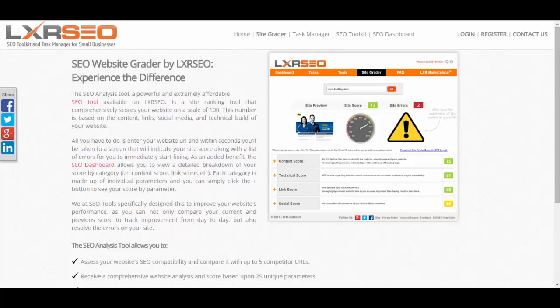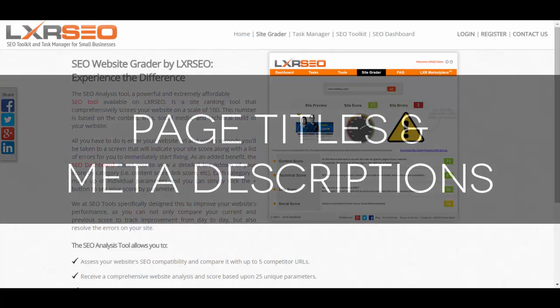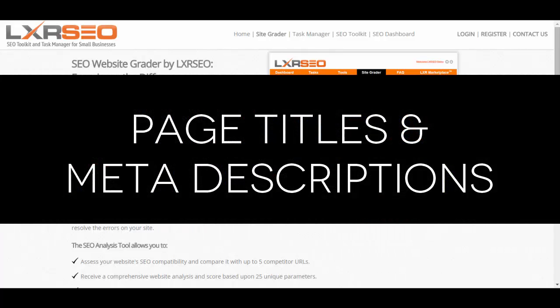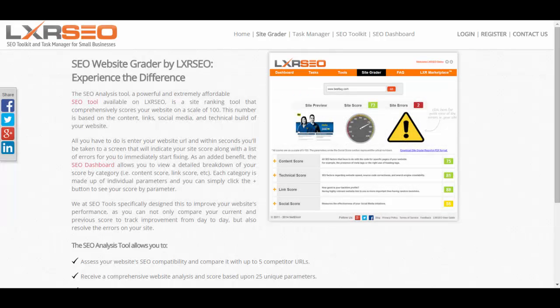So the first elements of on-page optimization that we wanted to review today are the page title and meta descriptions. Now, these are both incredibly important elements of on-page optimization, and they're in fact so important that we are going to have different videos in this series as well to cover those topics specifically. The next things that we are going to talk about in today's video are the things that we can see here on the website. So the first thing that we're going to discuss is the images that we can see